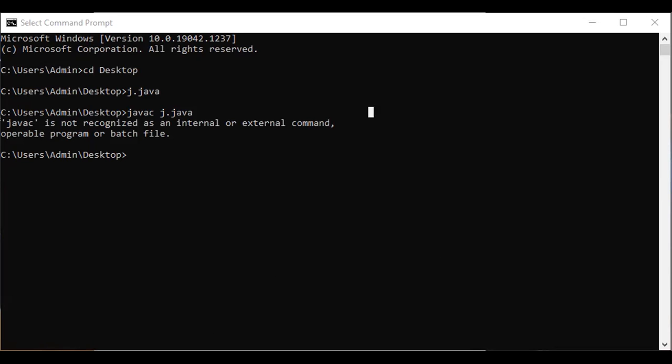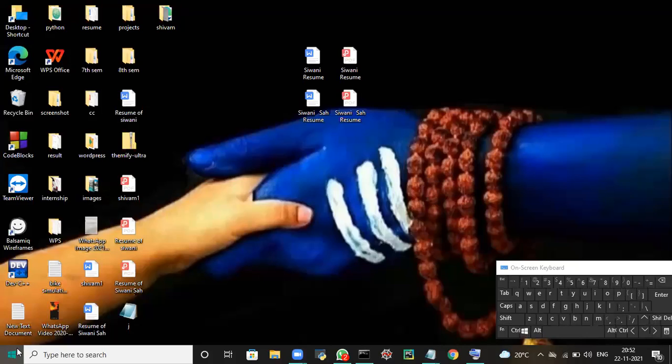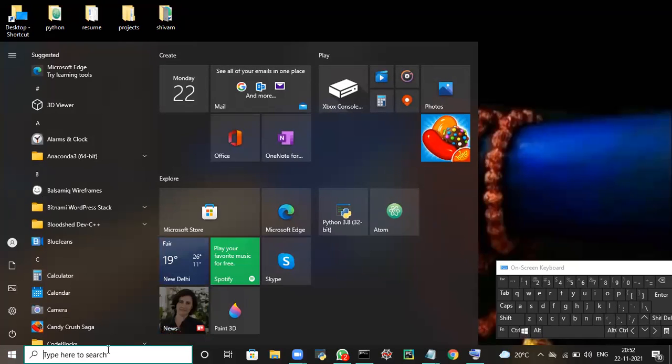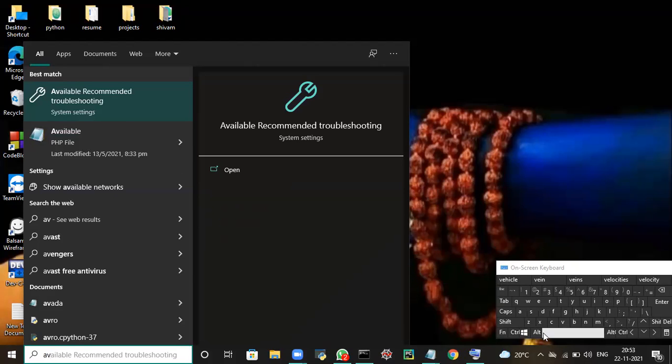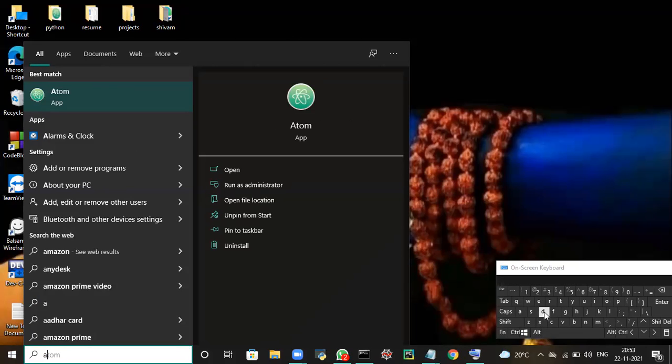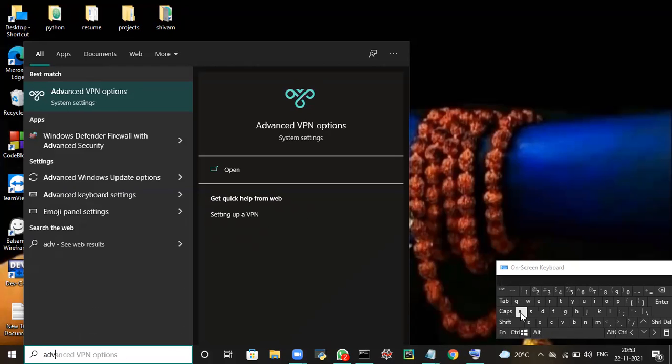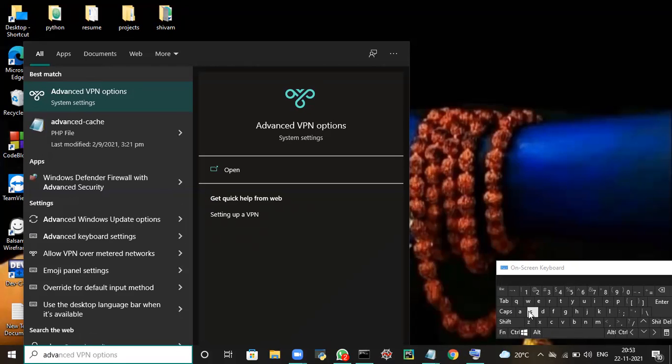First of all, share your complete desktop screen, not a specific screen. I can't see whether you clicked on the start menu or not. Share your complete screen. Yes, sir, now I can see. Type advanced environment variable, type from the keyboard.